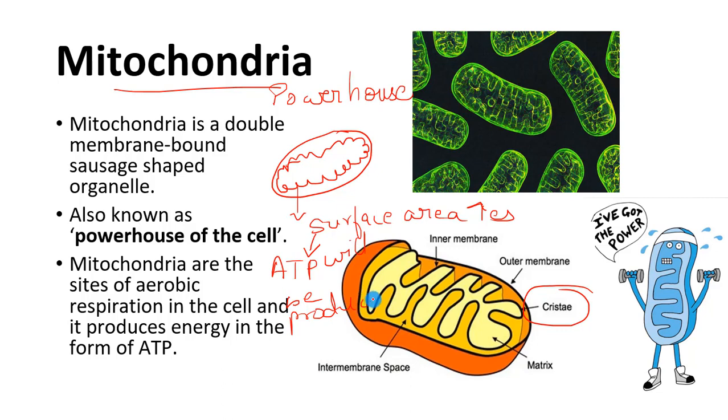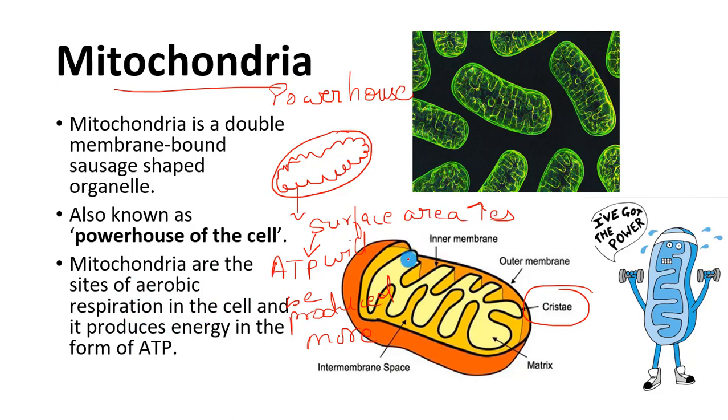more. Okay, so why the inner membrane is highly folded? To increase the surface area so that it will increase the ATP production. Okay, so why is the surface area has to increase? So that more and more ATP is produced, more and more energy is being produced, and mitochondria can give cell more and more energy and the cell can perform its function. Okay, so it is the site of aerobic respiration.